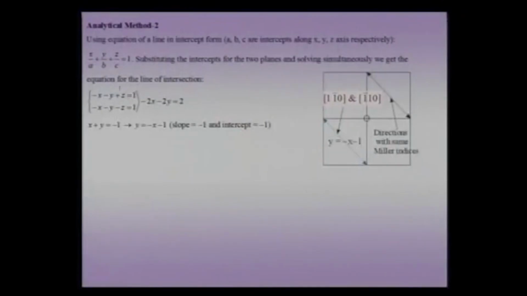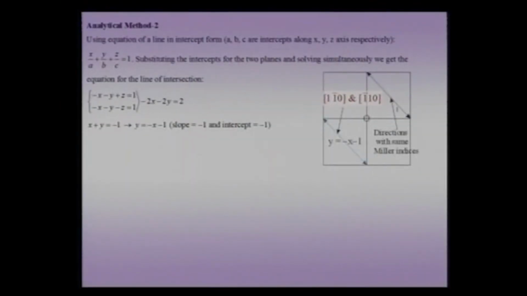but also you can use your familiar coordinate geometry, which is the equation of a plane in the intercept form. There are two planes, and then I find the common direction by solving simultaneously. That means that one line which is common to both the planes. So I solve for that and then write it in the y equal to mx plus c form, plot that equation, plot that line, and then find its Miller indices. So I could do that, and I find the same thing, the Miller indices 1 1 bar 0 or 1 bar 1 0. So with this we come to the end of a